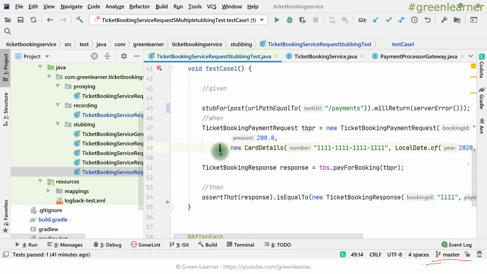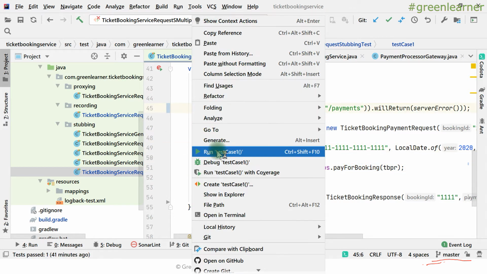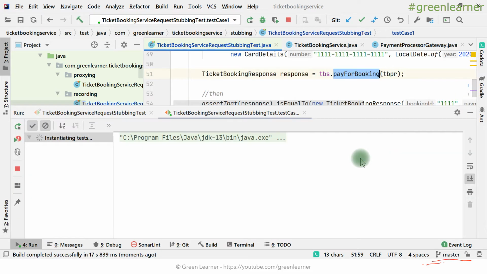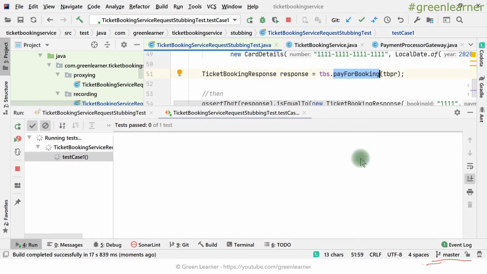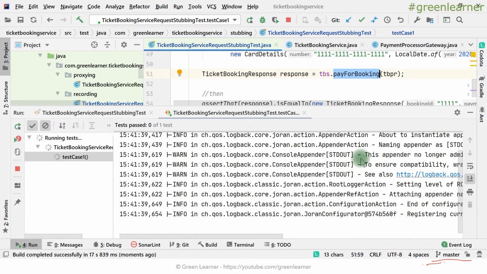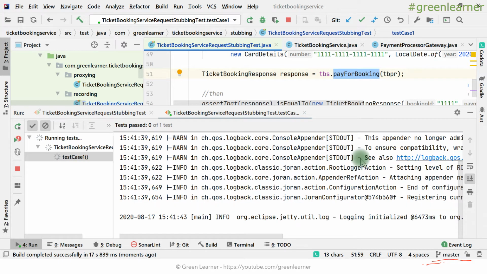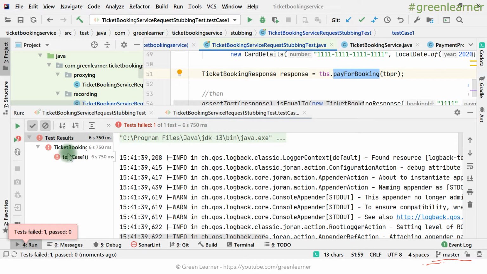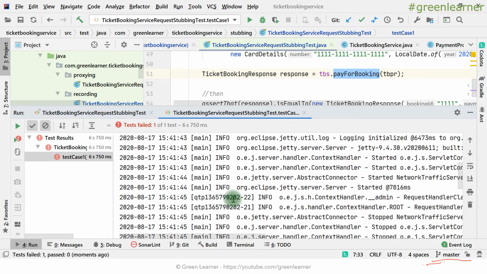So let me hit this and see what errors I get in the console, whether that is informative or not. The expectation for this one is that you should know how to assert the exception test cases, right? When your third party is throwing an exception and your test is also getting an exception, how to compare those exceptions. JUnit 4 and JUnit 5 are a bit different, so I'll just write that one, and that will be clear.